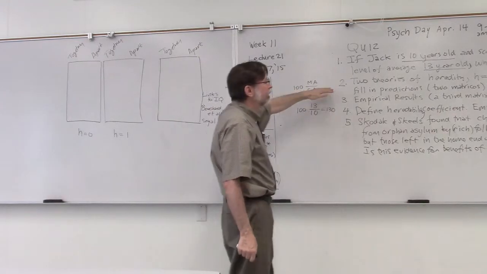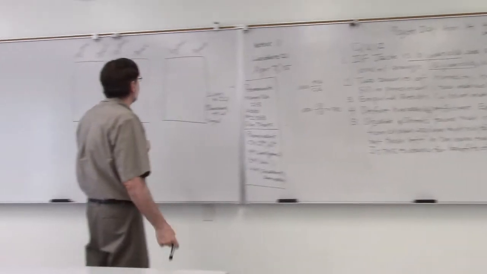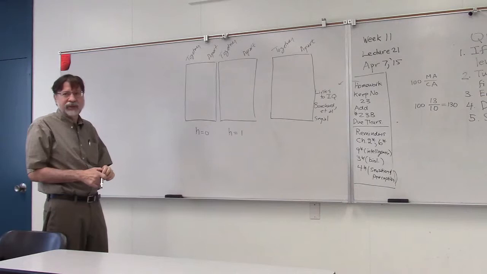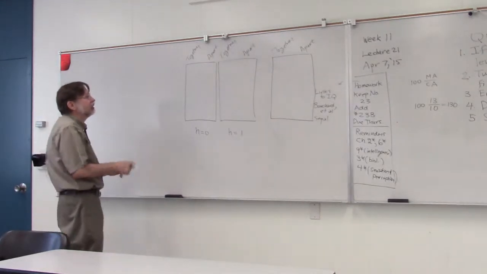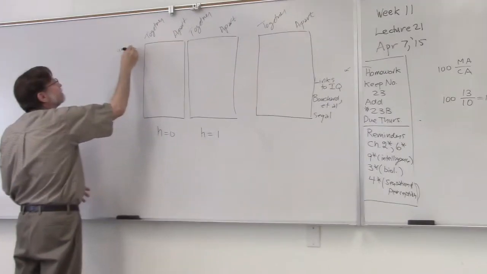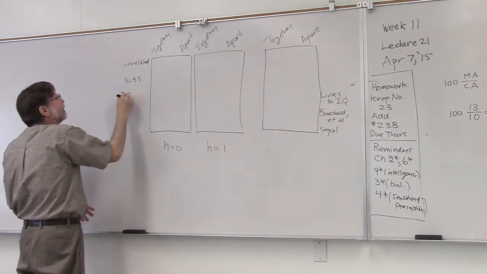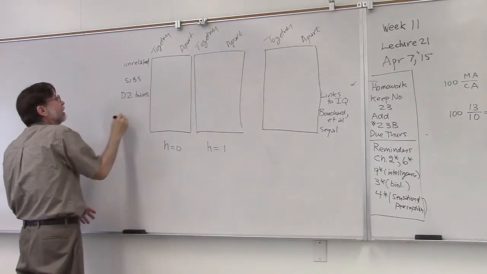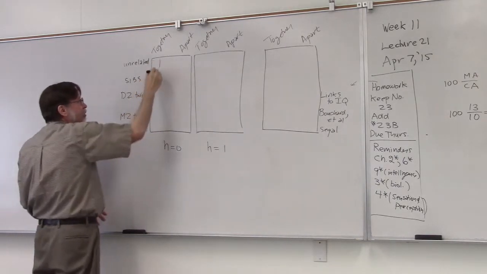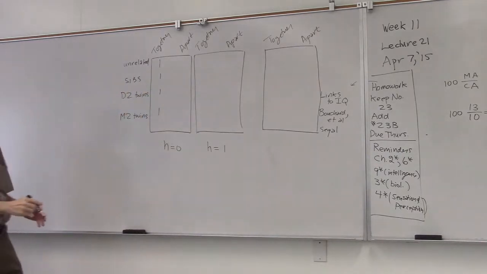All right, two theories of heredity, age equals 0 and age equals 1. So we've set it up here. According to the theory that it's all environment and that the environment has to do with being raised together, so we can put here, these are for unrelated, SIBs, dizygotic twins, and monozygotic twins. All that counts is being raised together. They should have the same IQs if they're raised together.